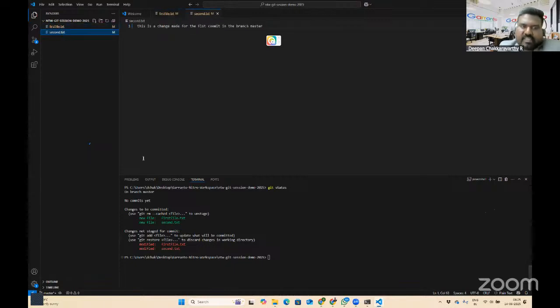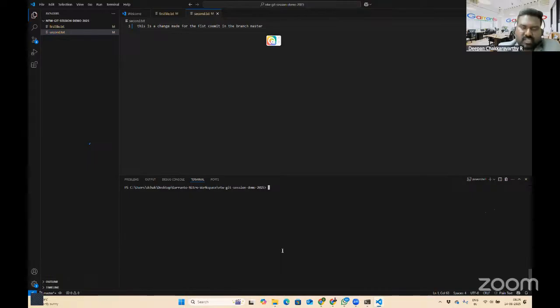You can see how Git is tracking, how Git is able to see all the changes, but you need to tell Git how exactly we need to track these changes, right? So now I am ready to do my commit. I've created two files and I made some changes. I need to make a commit. So what I need to do, first I need to stage it.